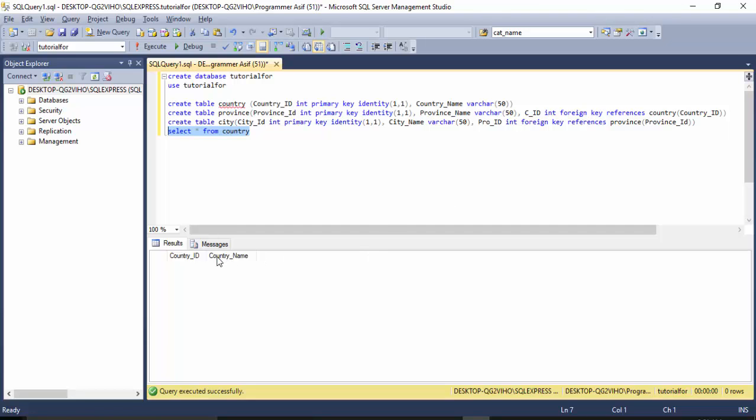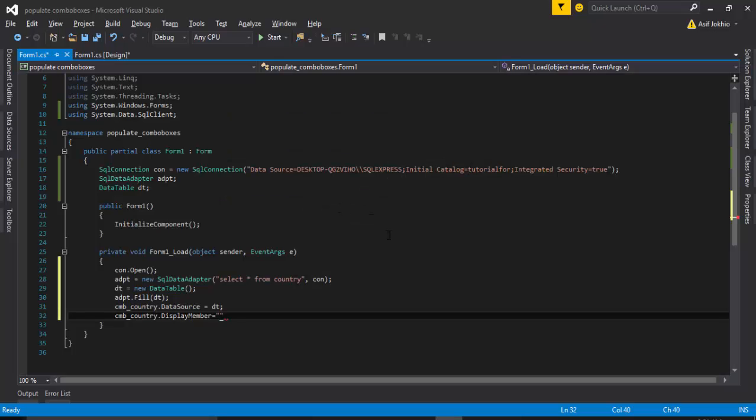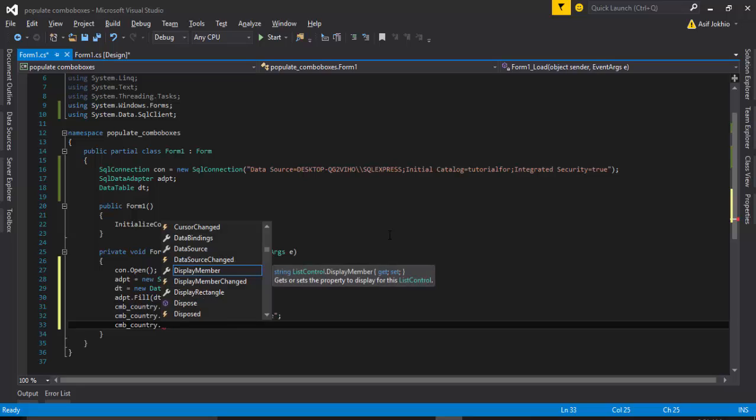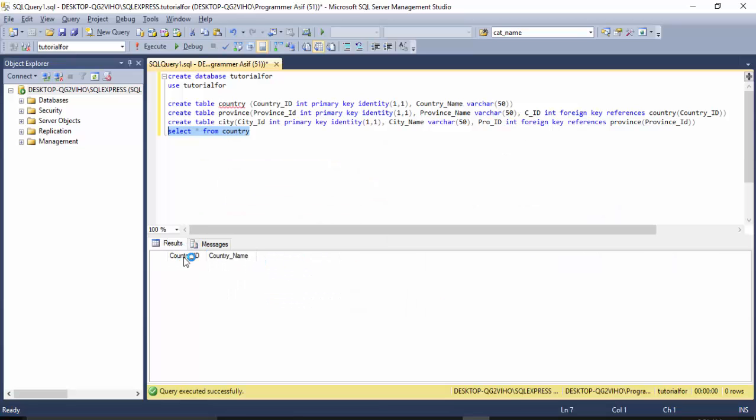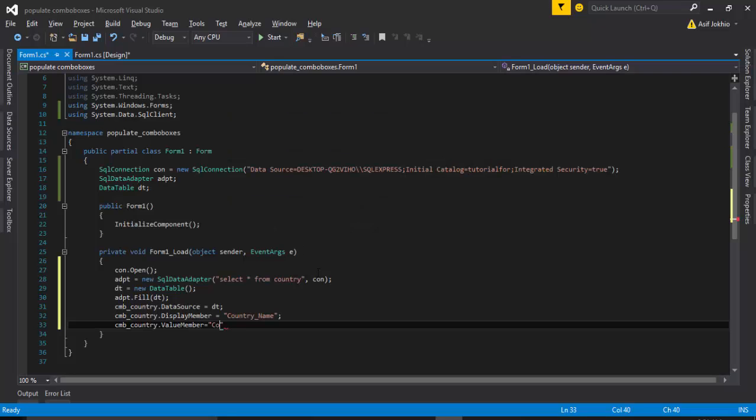Here the column name is country name, right? So I need to write country underscore name, then we need to write combo box again, value member, and enter the first column name. The first column name is country ID, right? Country ID, that's it. Save the file, run the